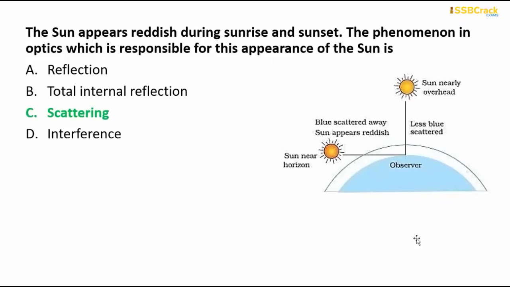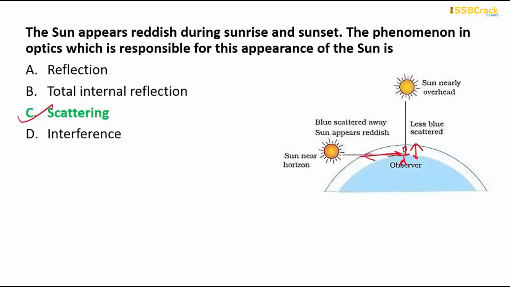Okay. Now, if you are an observer standing at one particular point and the sun is overhead, the light reaching you from the sun travels an extremely short distance, so less light is scattered and you can see the very bright sun. But if the sun is at the horizon, in the position of sunrise or sunset, the light has to travel a long distance through the atmosphere to reach you, and that makes the light get scattered and dissipated, and that makes the sun look reddish. So the correct answer for this is option C, scattering.